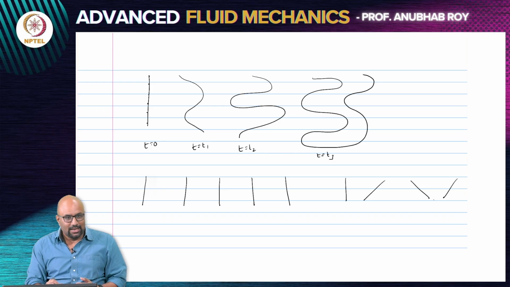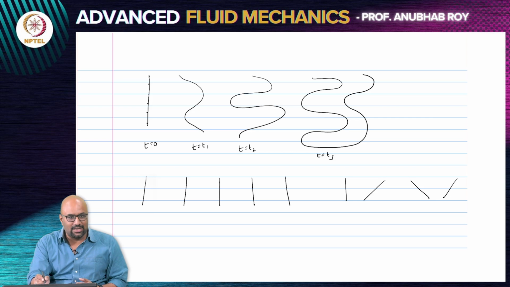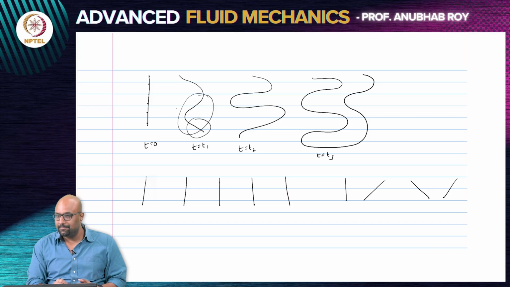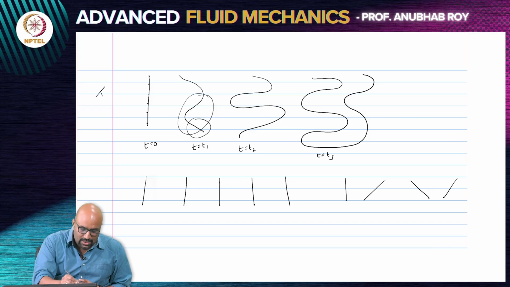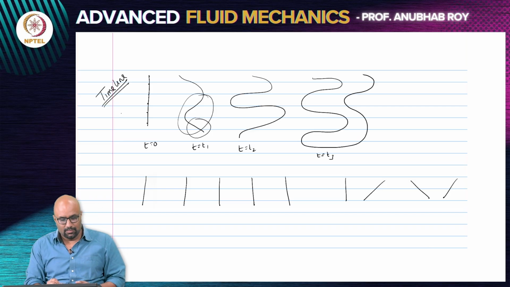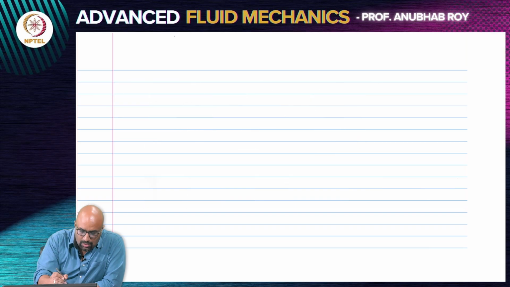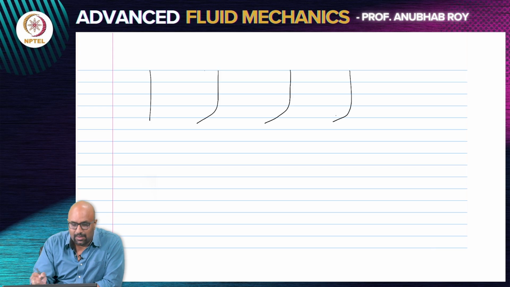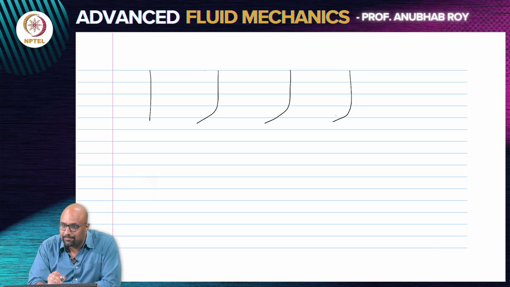So the line is not just translating, it is moved from its initial location. Certain segments of the line are also rotating, but there is also distortion that you see in the line. So this is known as a timeline. If you have a timeline which in a flow gradually looks like this, as you observe it, the timeline is translating, but it gives you this kind of a shape.